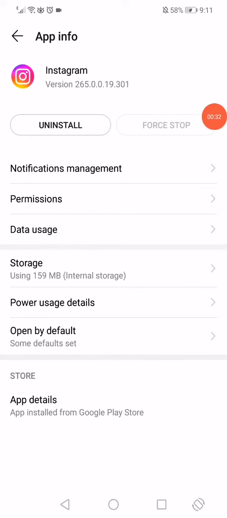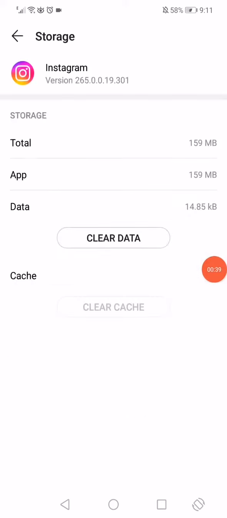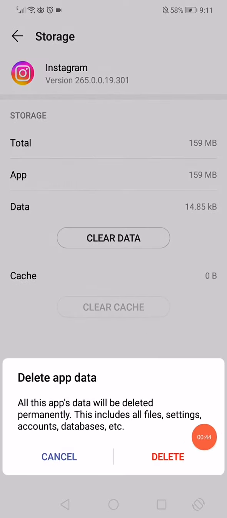Force stop the app, and after you force stop the app, now all what you wanna do is click on the storage right here. Click on clear data and delete,